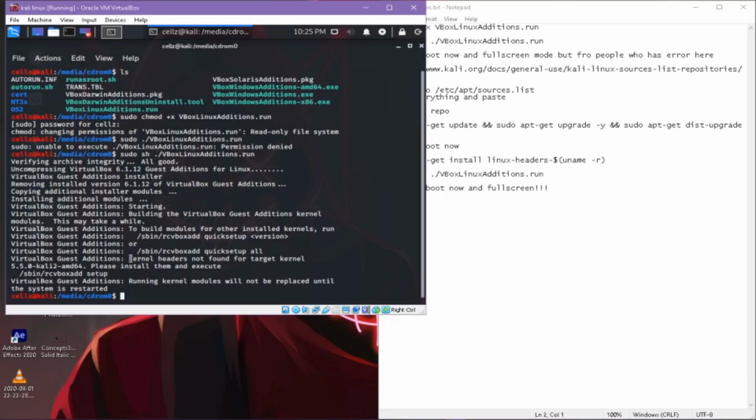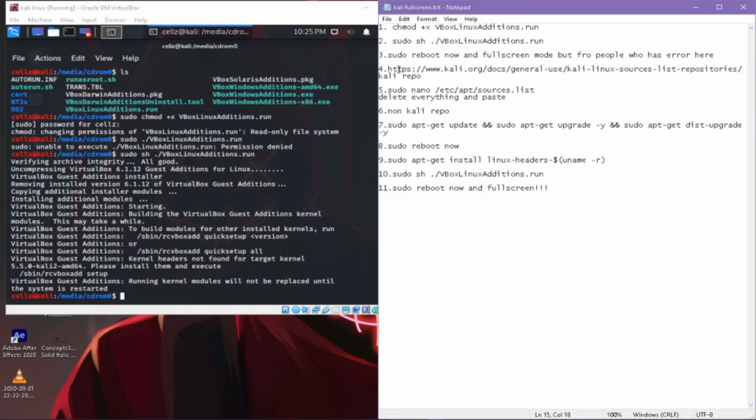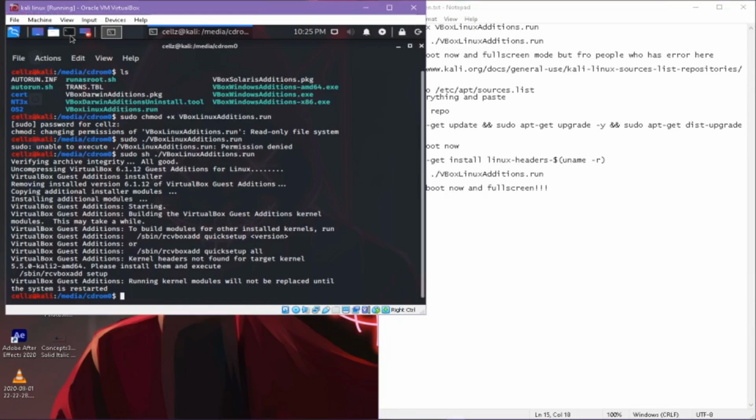So if you don't have this error here, kernel headers not found for target kernel, and you have something else, you could just do sudo reboot now. But because I have the error here, we need to do some extra steps. It says here it won't be replaced until the system is restarted. I'm not going to restart it now, but instead we're going to go into Firefox,